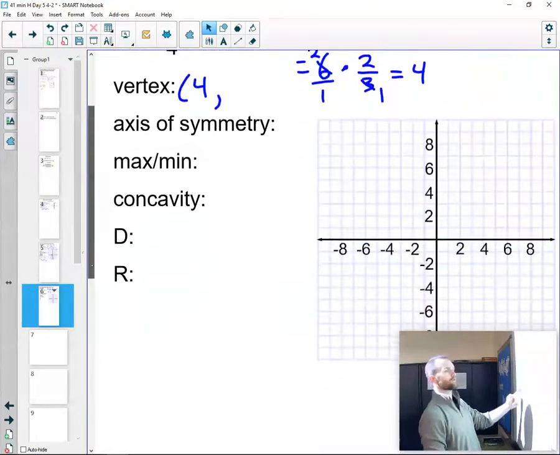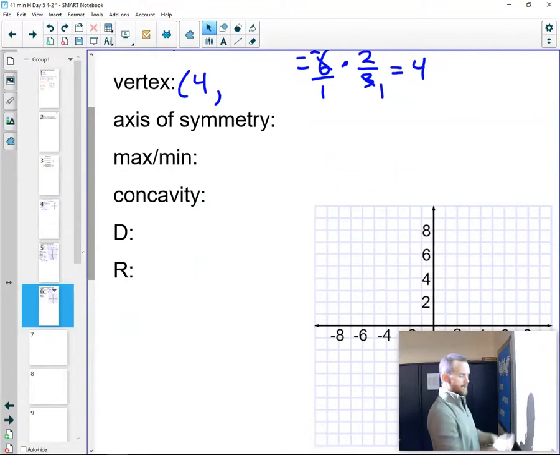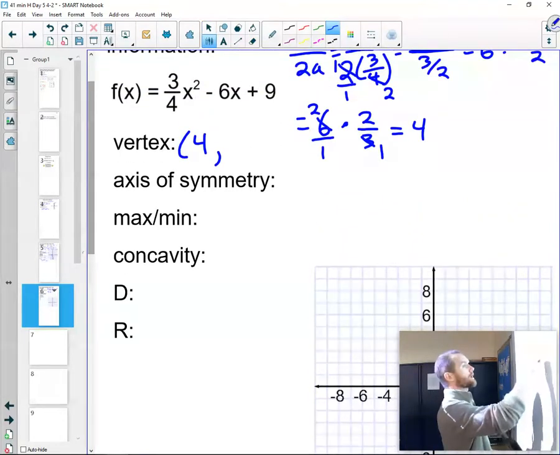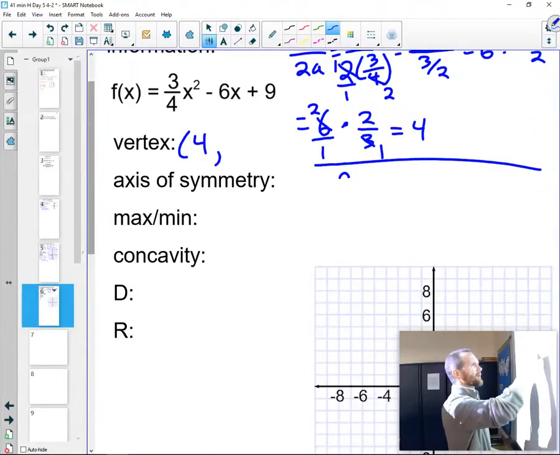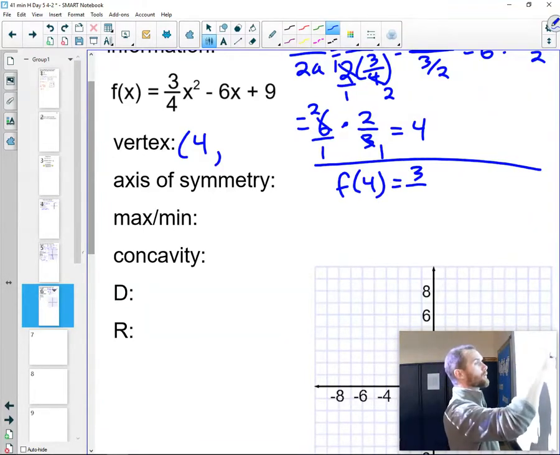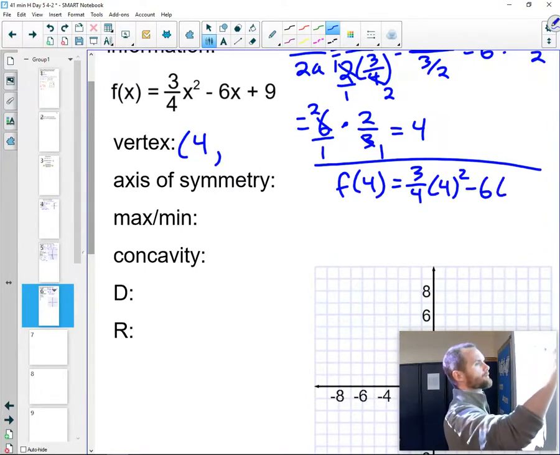I'm going to need a little bit more space here. Scroll the coordinate plane down. So let's plug in that x value of 4. Let me draw a line here just to separate my work. So it's f of 4 equals 3 over 4 times 4 squared. If you can skip some of these steps, that's a good thing. I'm just showing all my work for the video. And then we